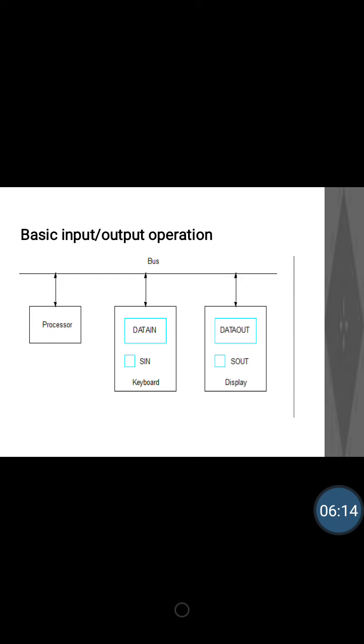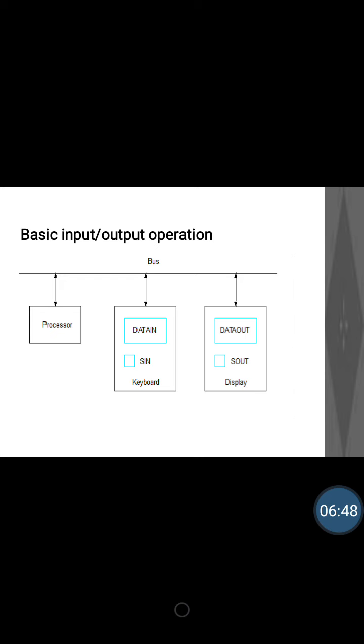See, the processor has to send the characters, and we know the speed with which the processor is sending is very high and the speed with which the display is displaying is low. That is why the characters which are to be printed will be sent to the display and stored in a buffer register called data out. So, when data comes into data out, the display device has to display it. When the display unit displays the data from data out, it will set S out to 1.